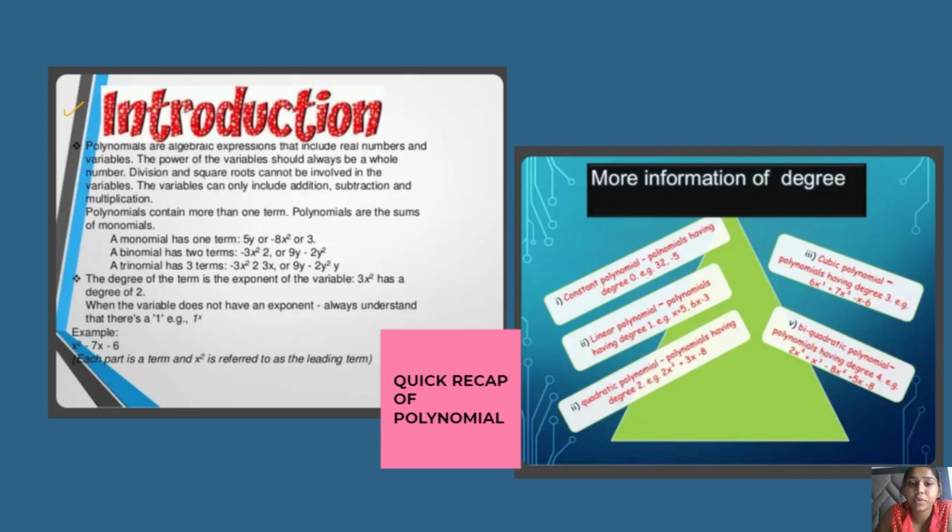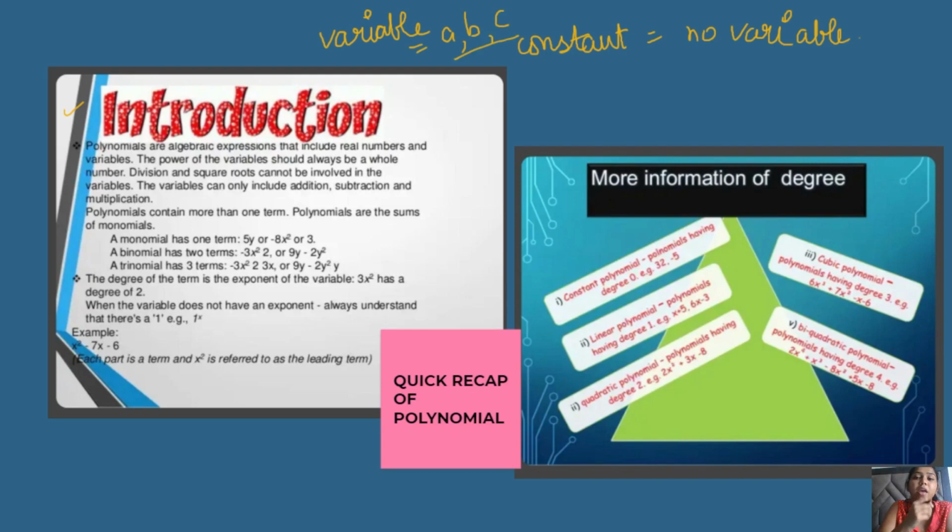So first of all, the question is, what is variable and what is a constant, right? A constant is any number without any variable. Any number which does not have any variable attached to it is known as the constant, and a variable is basically denoted by certain letters or alphabets, that can be A, B, C, X, Y, Z. Any of them can be a variable. This is what we call variable, and this is what we call constant, right?